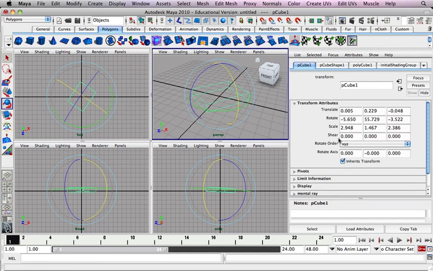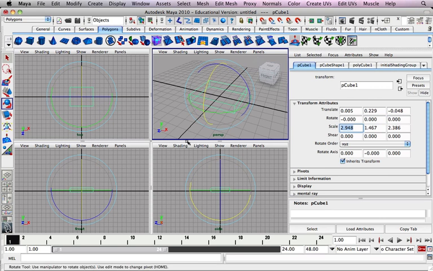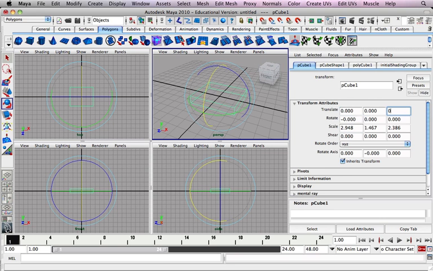One cool thing about the attributes editor is you can come into it and see how this is set up. If I wanted to just reset this, I go into the rotate field and set that to 0. There, now the rotation is set back. If I wanted to set it in its origin, which is right in the middle, I just go into translate, and this is again X, Y, and Z. And now that I've done that, this object is again perfectly in the middle of the origin without any rotation